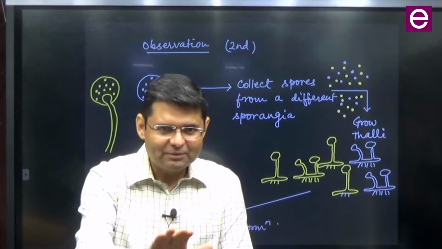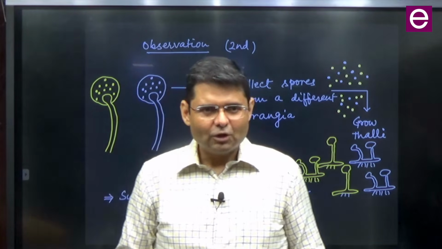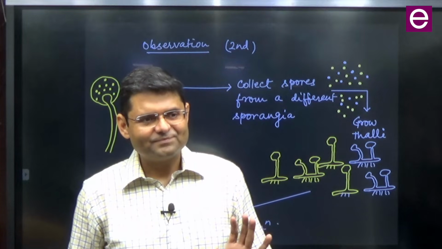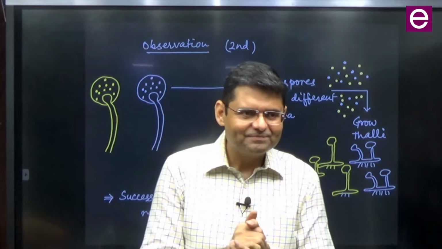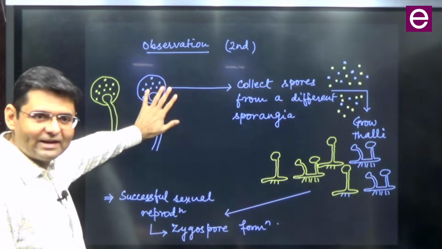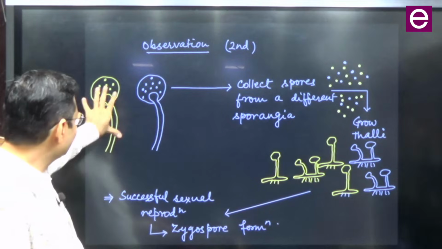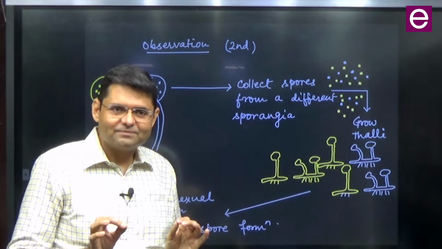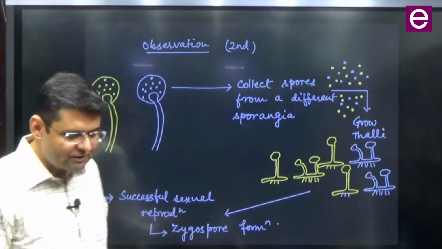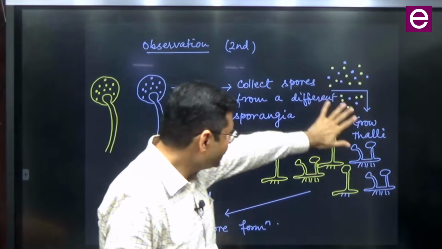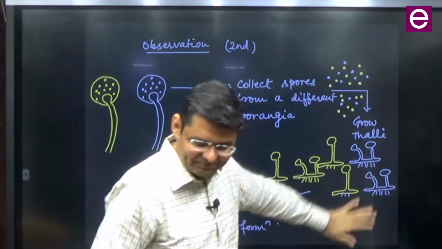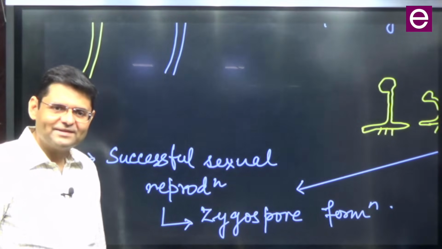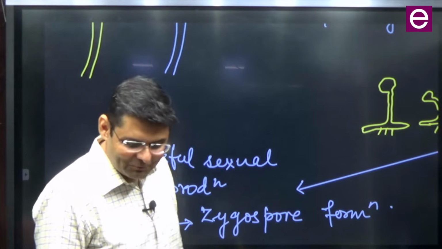Blakeslee, अभी रुक जाओ, अभी बहुत जरूरी बात हो रही है. Blakeslee thought, okay, I will take 2-3 different types of 2-3 different thalli. I will grow them together. So he grew different thalli. And mind it, आपके बोर्ड पे ये येलो और ये ब्लू दिख रहा है. In microscope, they all look the same. Yet Blakeslee took a mixed population. He collected a spore and then he grew like this. And then successful sexual reproduction and zygospore formed. So what is it? Most of the people would have left here.